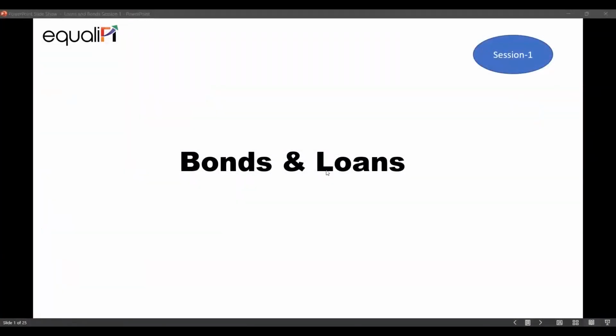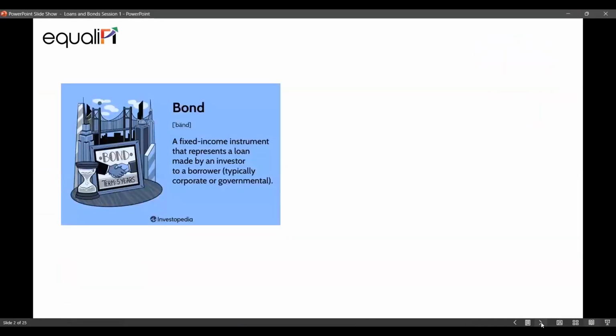Let us start. Okay, so today we are going to start bonds and loans. So we will first understand a few things about bonds, what bonds are and how they work. Normally when we talk about a bond, it is basically a fixed income instrument that represents a loan made by an investor to a borrower. So a bond is such an instrument which guarantees